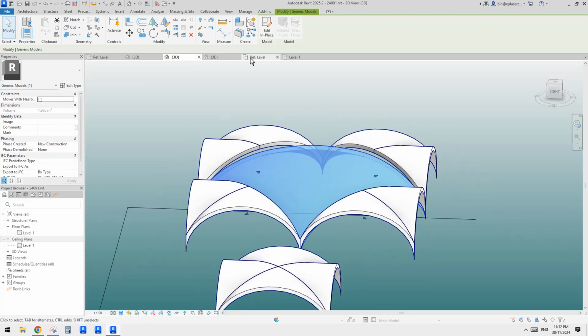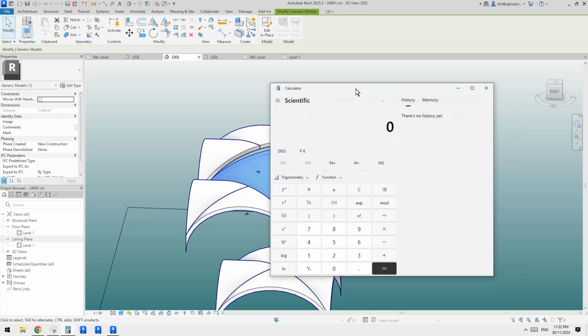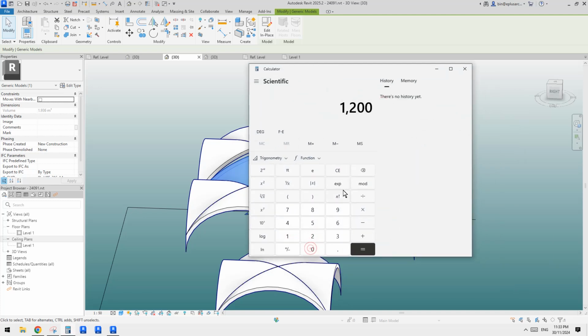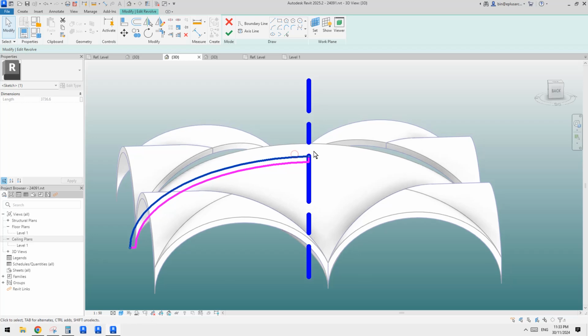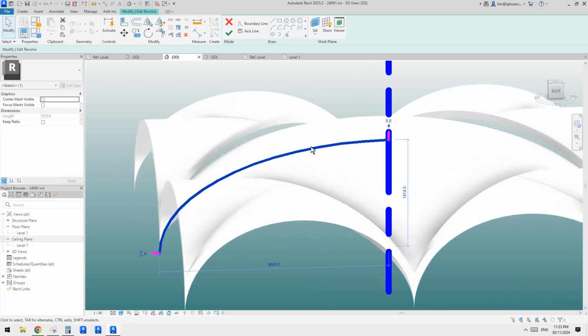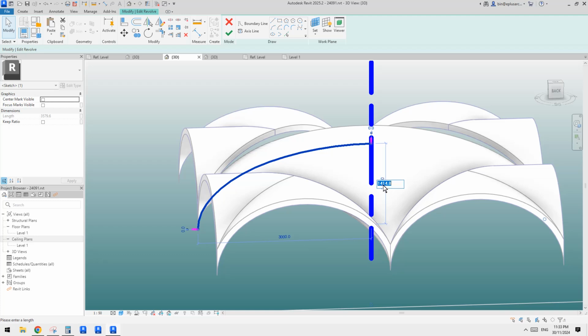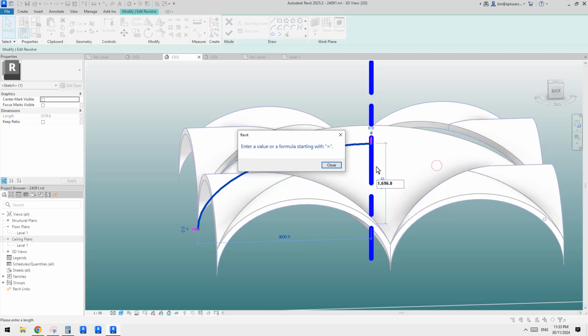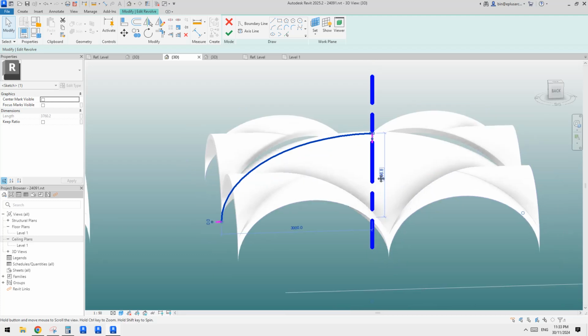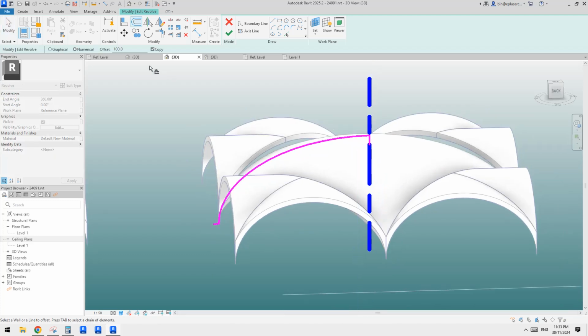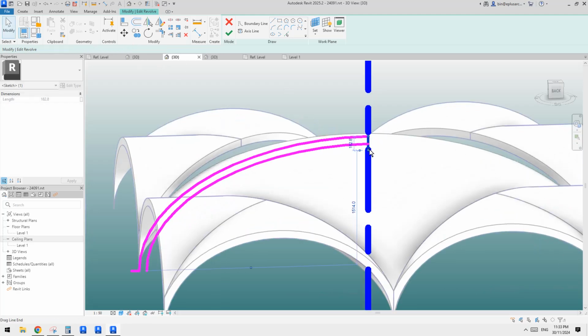So now I'm going to do 1200 times 1.414 equals, okay, so this is the number. I'll just Control C and go edit, and then I'll just delete the top one because we can just simply offset. So for this one, I'm going to just Control V, go. Okay, so looks like we need to get rid of this. Okay, good. And then I'll just use offset, maybe just 100, and then